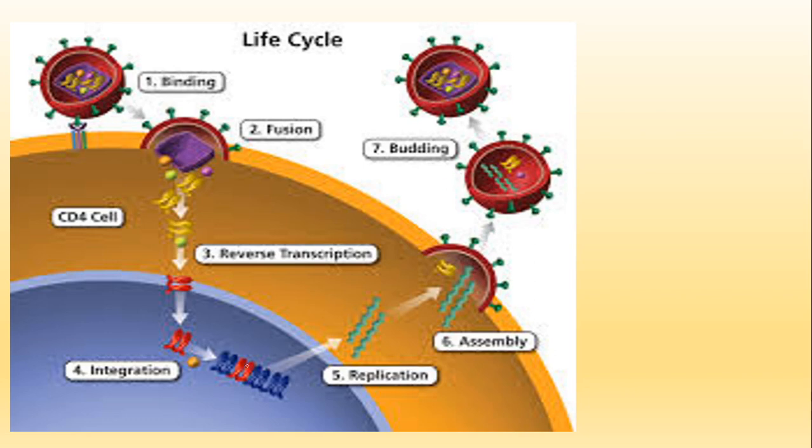Now the viral DNA formed due to reverse transcription has become a part of the human DNA, so what happens? It will never go out. It will help in production of new viruses, but it will never move out because it has already become a part of the DNA of the human. Unless and until that particular cell dies, the viral DNA also will remain a part of the human cell.